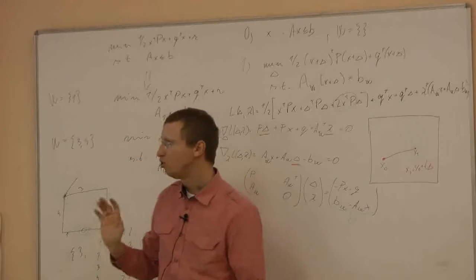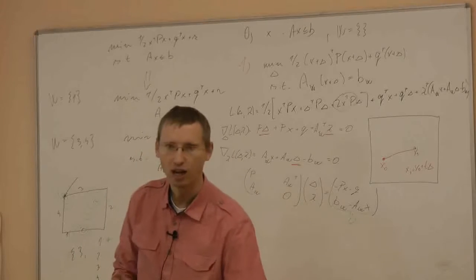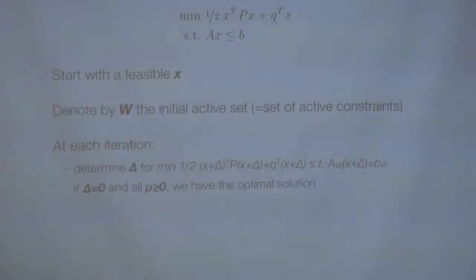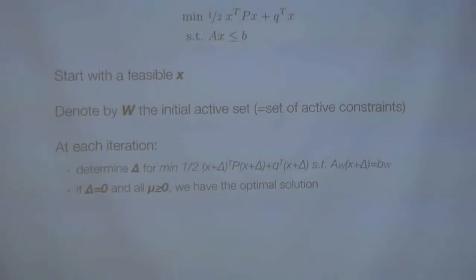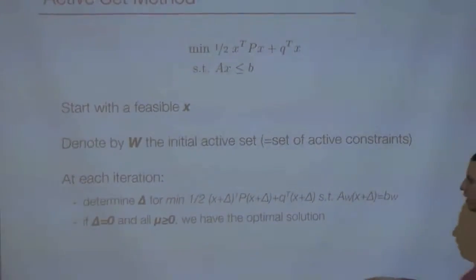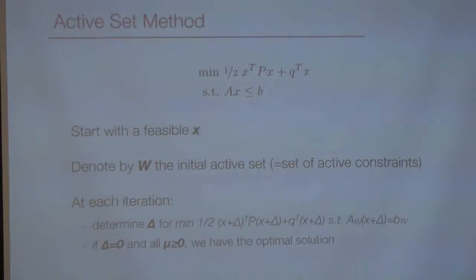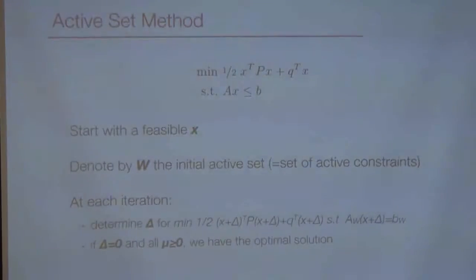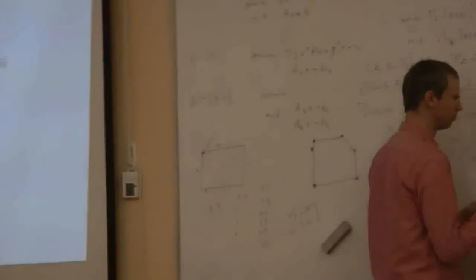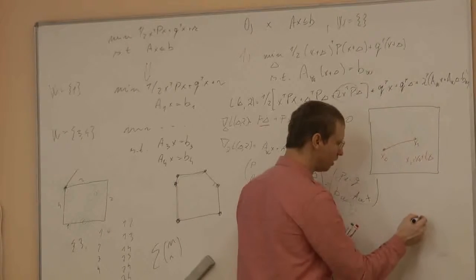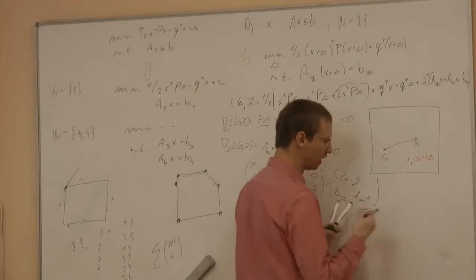And now two situations could happen depending on the value of delta and the value of the corresponding Lagrange multipliers, which I'm calling mu here, okay, to be consistent with the equality formulation. First of all, what could happen is that we have a situation like this. Imagine that we have an objective function like this,